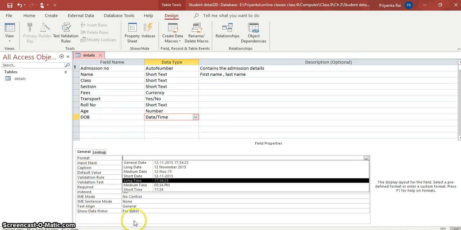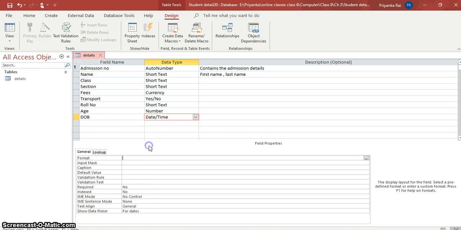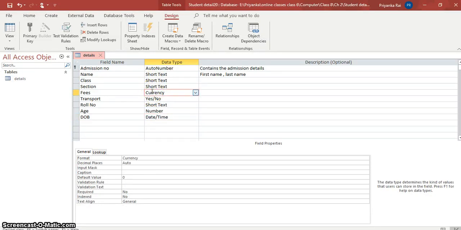Now next is creating validation rule. A validation rule is used to force a field entry to meet a logical test. Like for the column of fees, sometimes in writing the numbers, we can make a mistake, and a financial field is such that you have to be very careful. So for fees, I can set a validation rule.